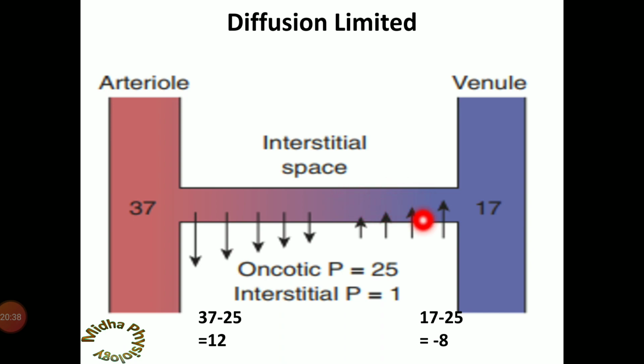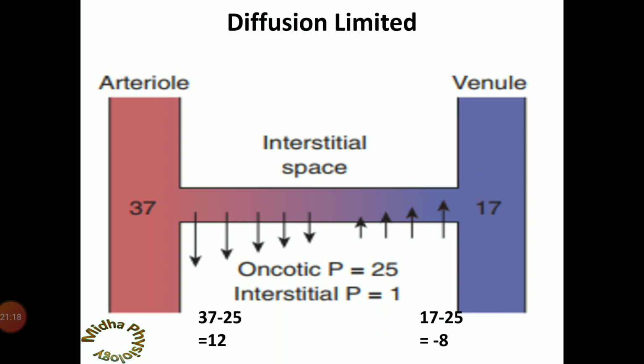Because of this plasma protein, it exerts an oncotic pressure of 25 millimeters of mercury, and the hydrostatic pressure in the venular end is only 17 millimeters of mercury. So here, since the osmotic pressure of the blood towards the venular end is higher, it favors the water and dissolved substances present in the interstitium to move into the capillary. And interestingly, at this space, the waste products of the tissues like carbon dioxide are accumulated, and these are passed into the venular end of the capillaries and back towards our circulation.